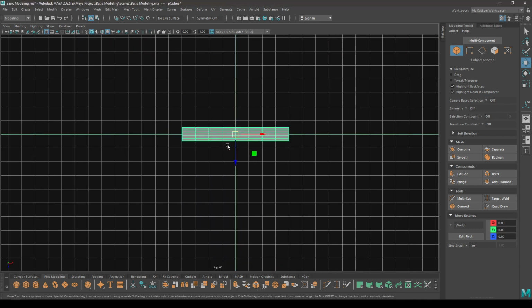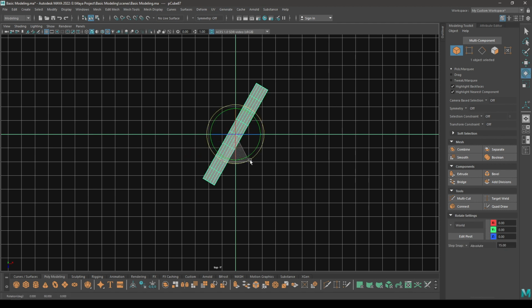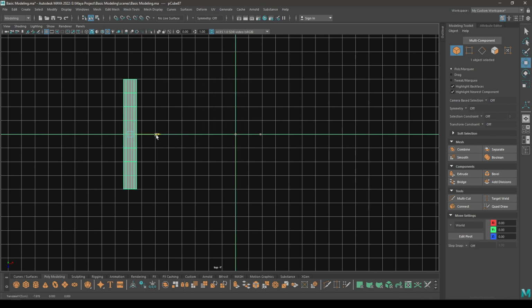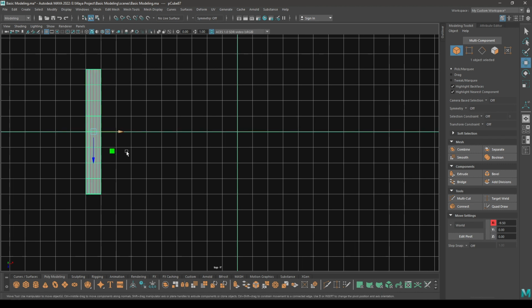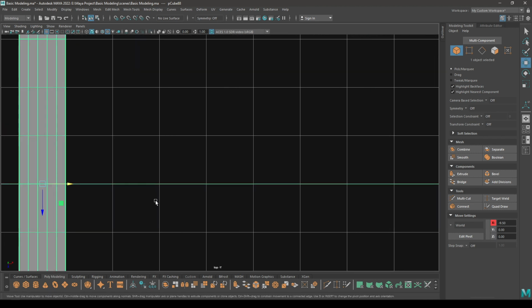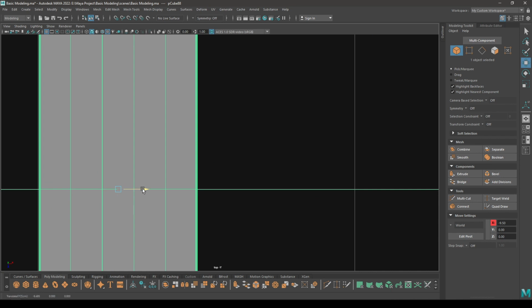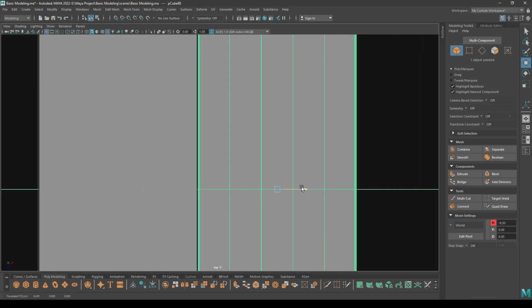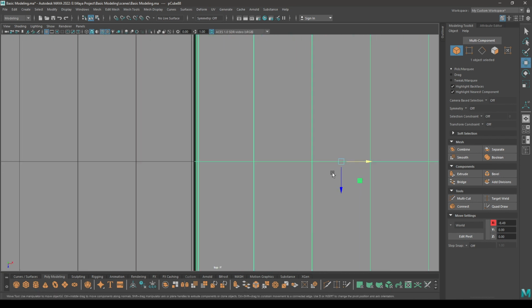Now go to top view and rotate it like this. Place this one here and create a duplicate with Shift D and position this one here like this.